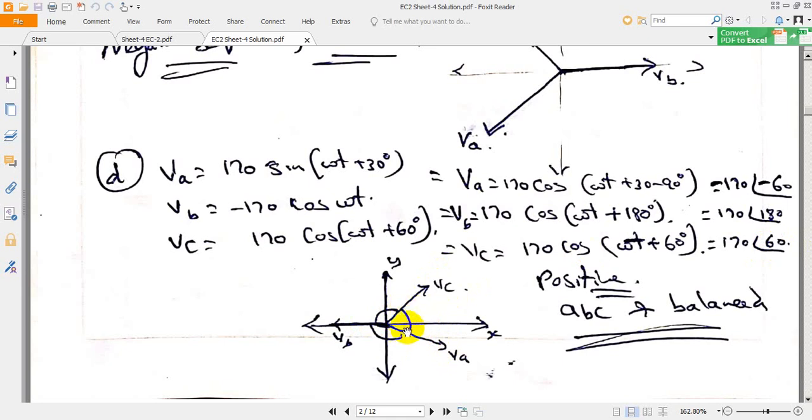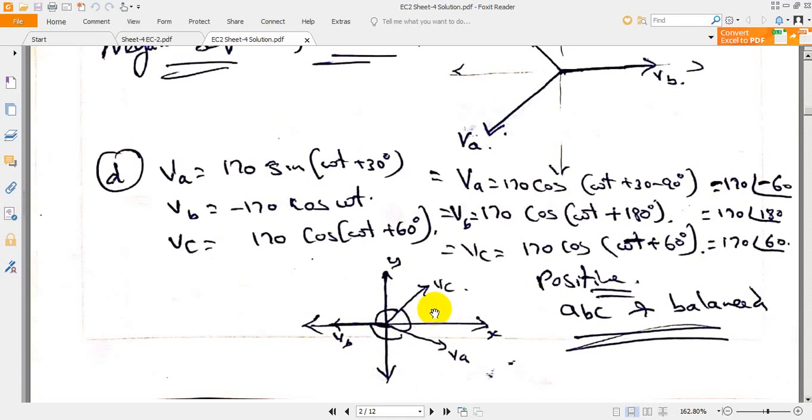Now if you observe the phase angle, this is 60 and this is 60, so the phase difference is 120 here. As this is 60, this will be 30, and 30 plus 90 will be 120. It means VB and VC are at 120. This is 120, this difference is 120, and the remaining difference will also be 120. The magnitudes are the same and the phase difference between the vectors is 120.